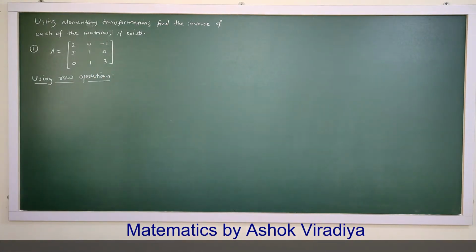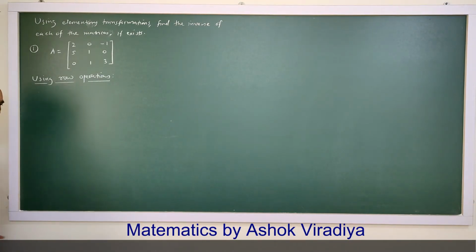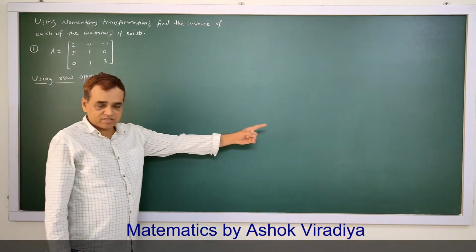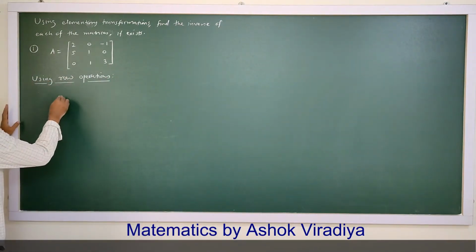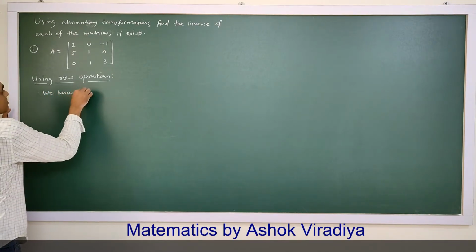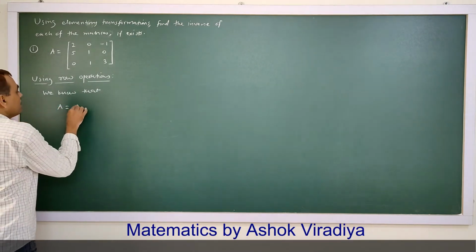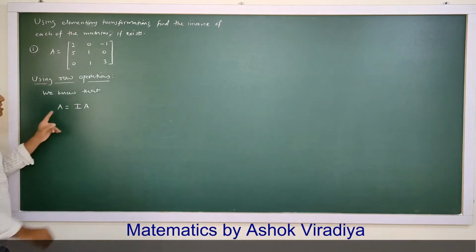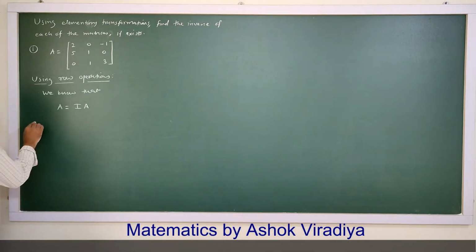Using the row operations, we start by this step. Starting step is, we know that A is equal to I into A. This was the starting. A is equal to I into A. Implies,